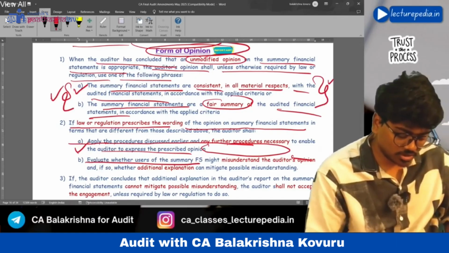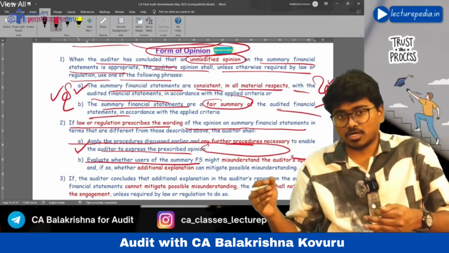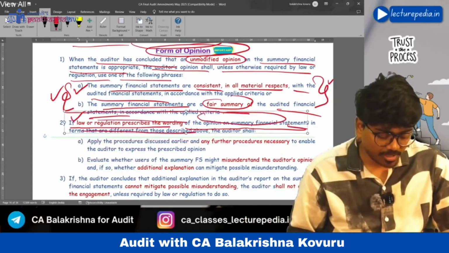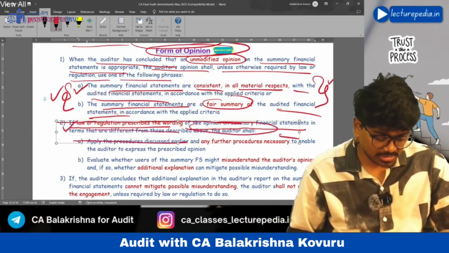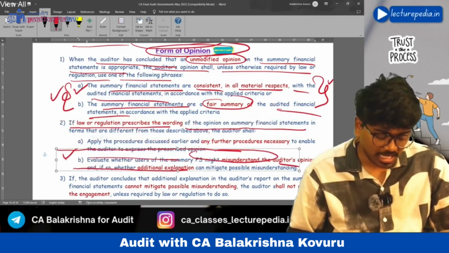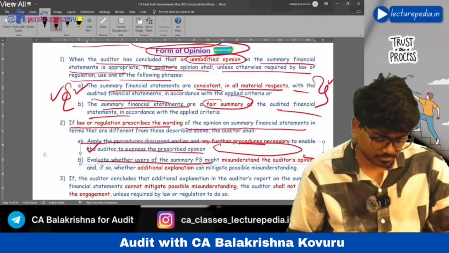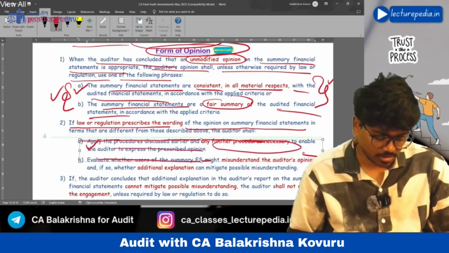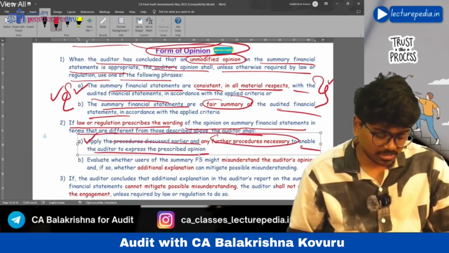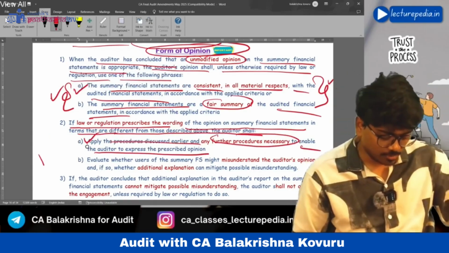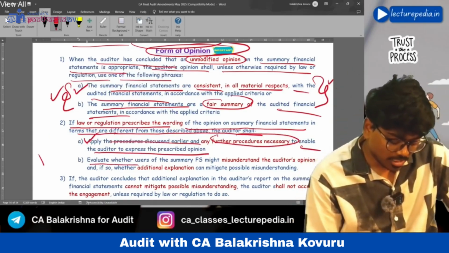Instead of these two phrases, if any law or regulation prescribes different wordings, then the auditor has to perform the procedures that we have discussed earlier and also other procedures